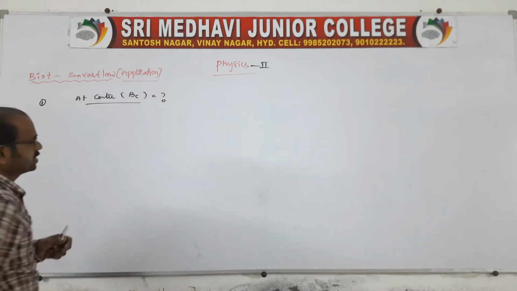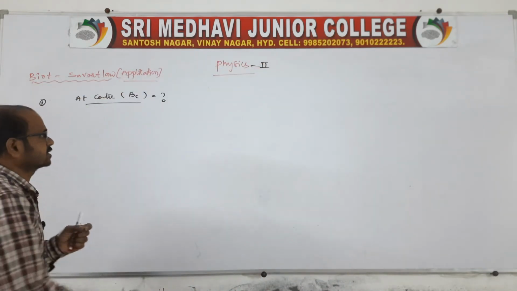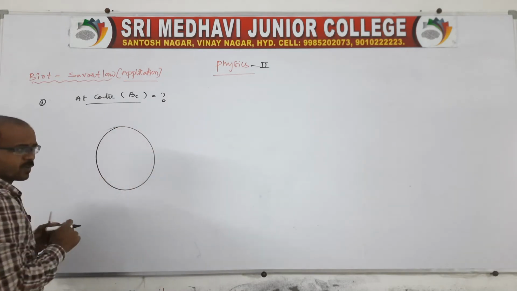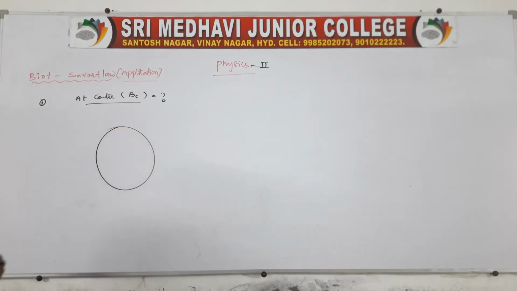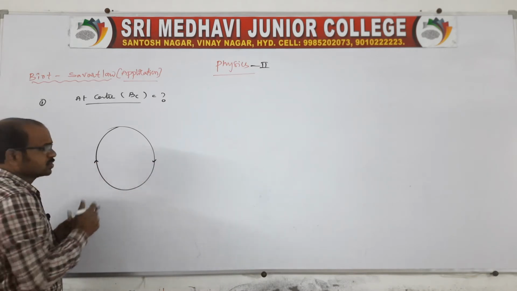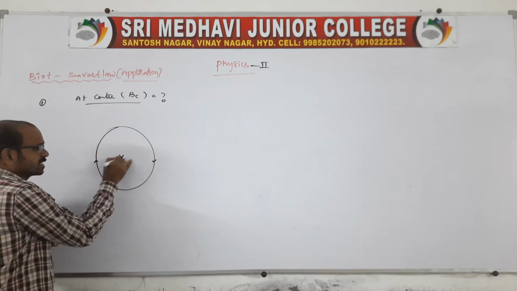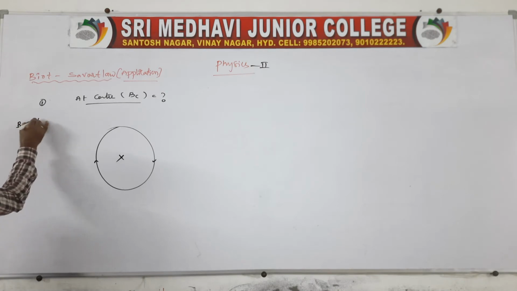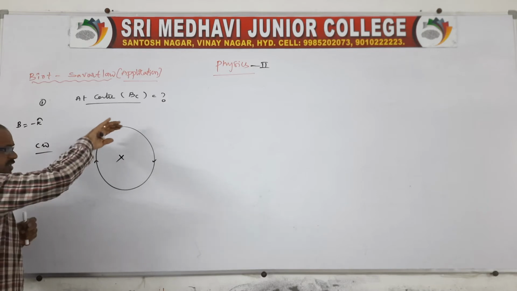See, the center, how will we get it? It depends on the direction of the current. So you take a current carrying circular coil. See, we should get the center, no? The direction of current must be clockwise. Is it correct? The direction of current is clockwise. So we get the field at the center into the plane of the paper. We can say cross, so B is equal to minus k cap. It is different, of course. The current is clockwise, therefore there will be a direction of current.